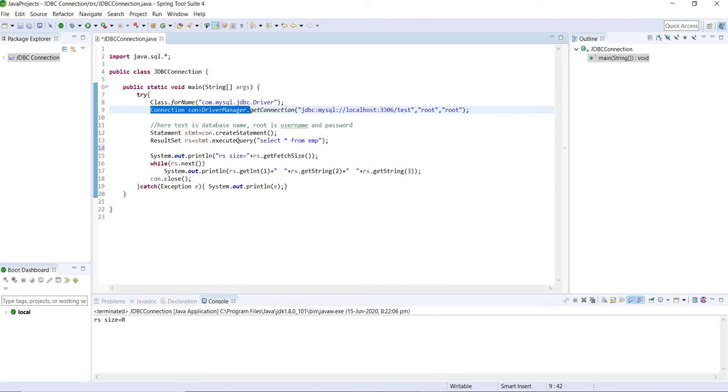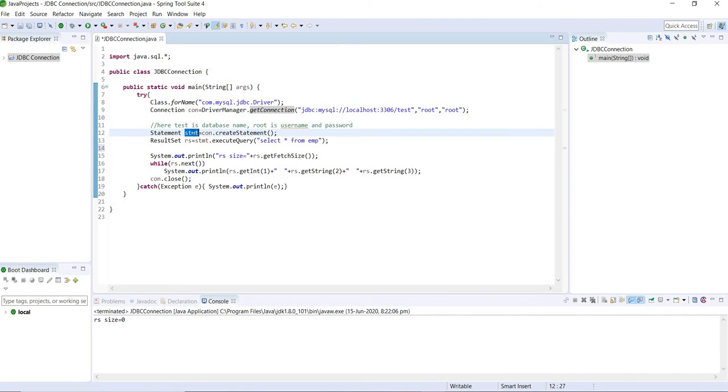Then this is the connection that I'm going to create to the database. This is the username and this is the password. By default the username is root for MySQL, and I have put the root password because while installing MySQL I gave this password, and this is the URL that I have already described.